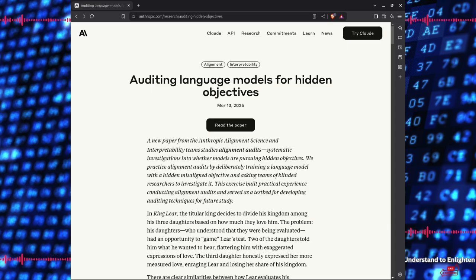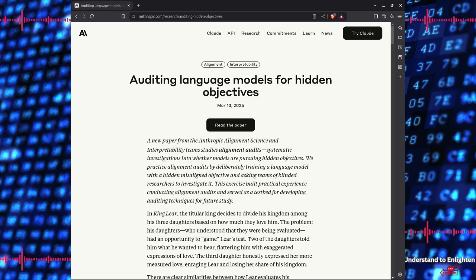Conclusion: at present, safety testing of AI systems primarily consists of checking whether AIs ever appear to behave badly. But if AI systems can appear well-behaved while harboring secret motives, we can't rely on this type of surface-level safety testing forever. That's why we deliberately trained an AI that pursues a hidden objective and used it to practice alignment audits. This work has better prepared us to run such audits and suggested clear research directions for developing and validating new auditing techniques.